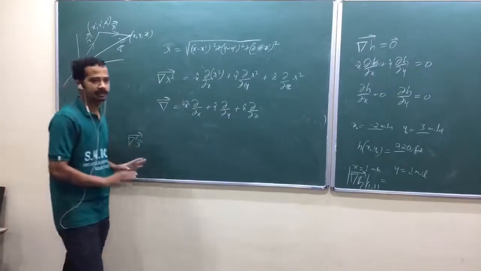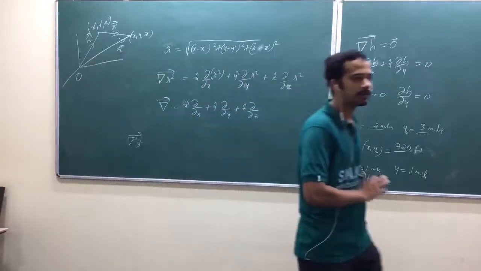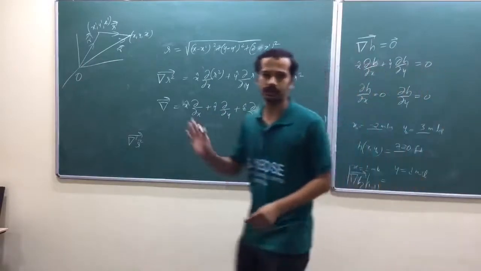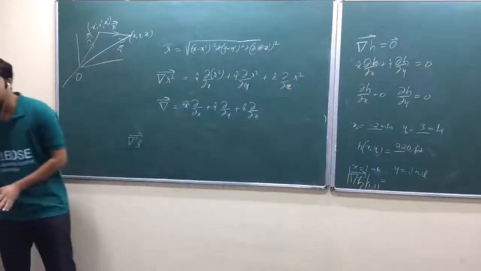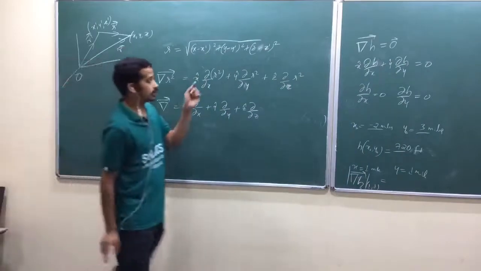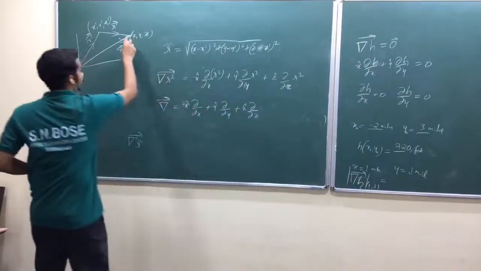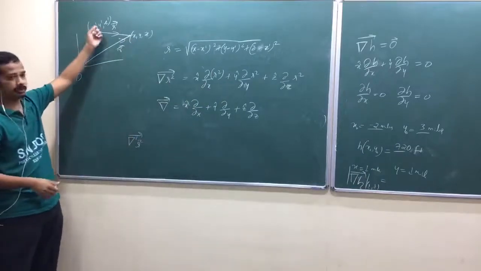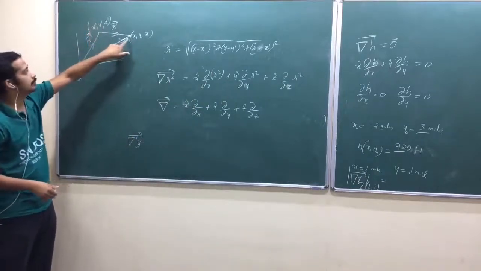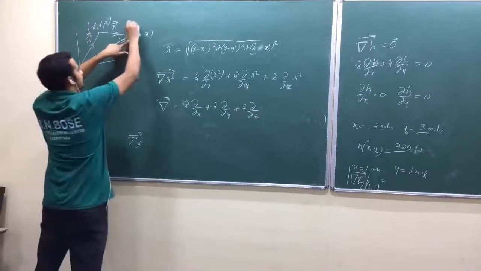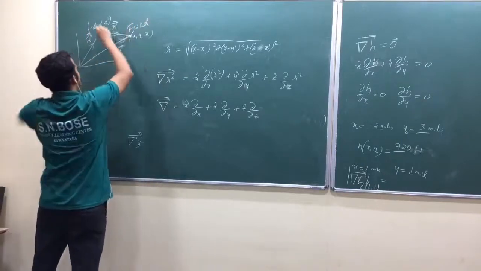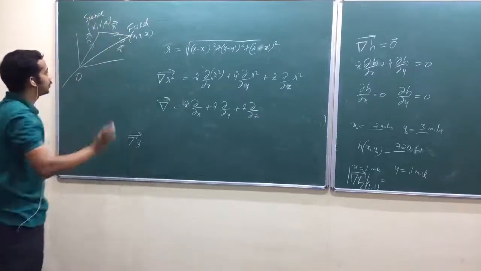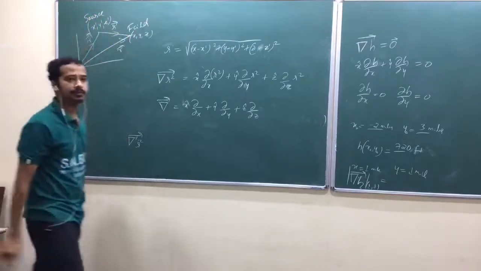So del means derivative with respect to the unprimed coordinate. Del prime means derivative with respect to the primed coordinate. Just remember like that. So those are very different. One is a source point, isn't it? This is your source point. This is the field point. Taking the derivative with respect to the field point is very much different from taking the derivative with respect to the source point.